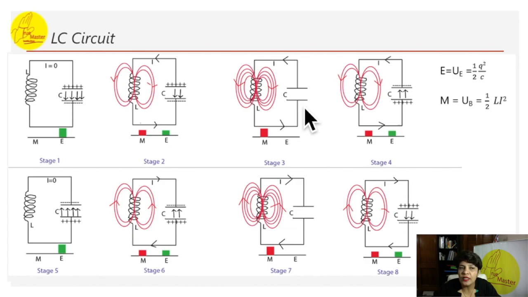The energy stored in the magnetic field is, here you can see all the energy has been stored here. The M bar is raised, electrical energy is 0, and what is the value of M? M value is half L i square. Here we can see the entire electrostatic energy of the capacitor has been converted into magnetic field energy of the inductor. See, all here this is empty and this has developed like 4 rings.